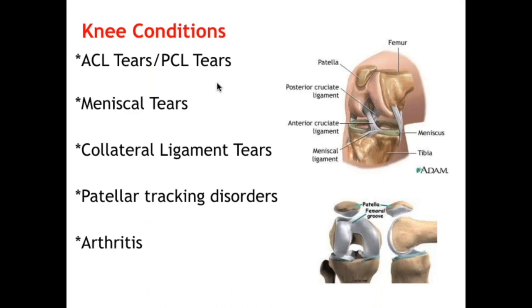all right? So in our office, we will tend to see a variety of things: ACL tears, PCL tears, meniscus, the collateral ligaments, medial and lateral, patellar tracking disorders, and of course the classic arthritis. You and I both know that we hear arthritis a lot being thrown out there by medical doctors. And for whatever reason, it may or may not be true, but it gets blamed for a lot of things,